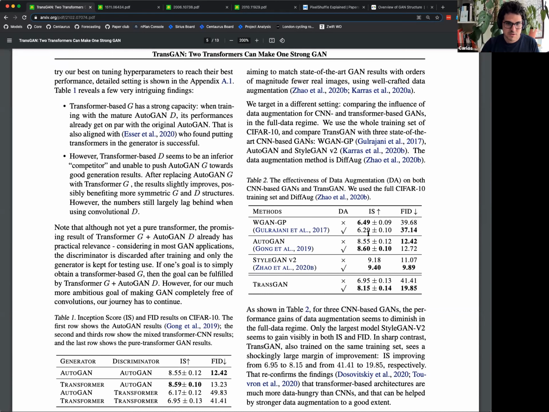What is interesting about the paper is that they showed that the pure transformer GAN actually benefits a lot from this data augmentation. And their intuition at this point, which they say is confirmed later, I think their confirmation is a bit shaky, is that transformers are so data hungry, they need all these data points to create good representations, that augmenting data and giving the transformer more training examples is actually helping it improve. And in fact, the data augmentation just makes the results a lot better, but they are still not